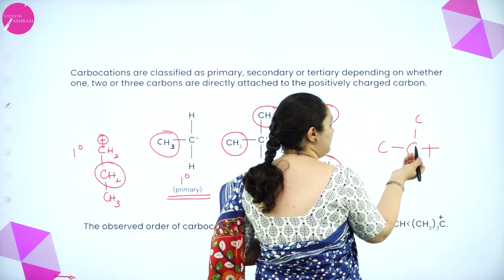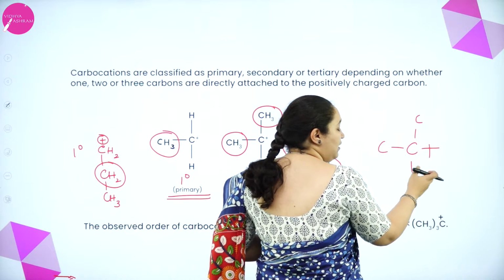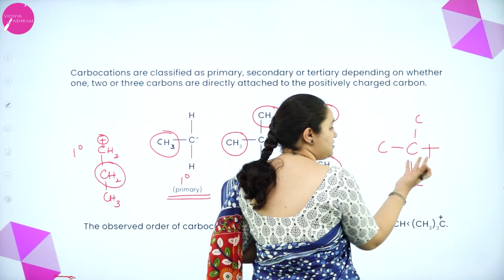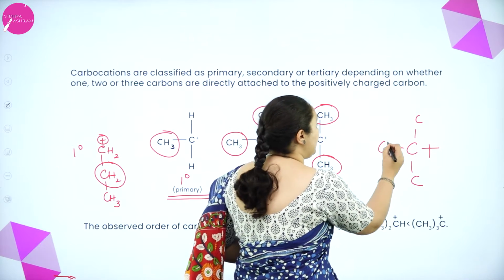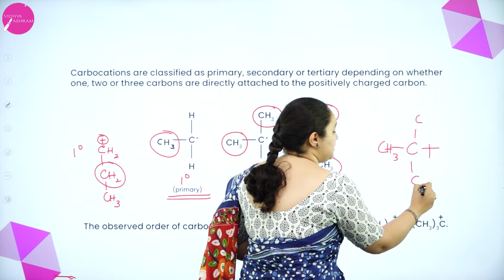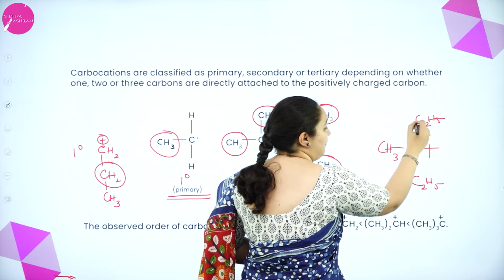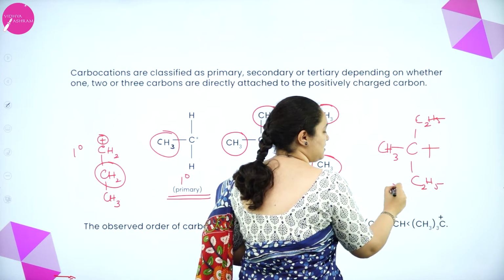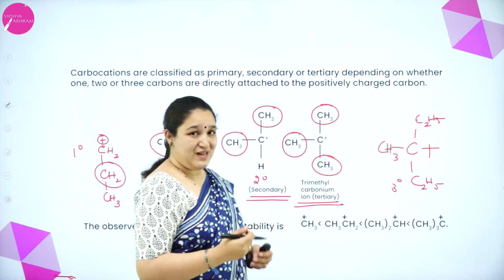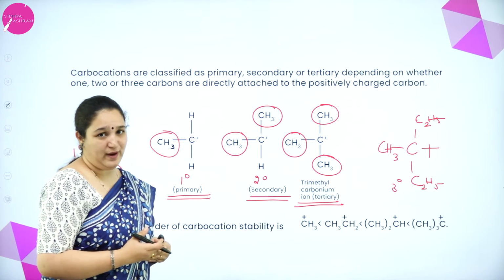Here also there is a carbon neighbor, then it is secondary carbocation. Here also there is a carbon neighbor that is with any alkyl group, then it is tertiary. Okay, but this carbon neighbor, not necessary that it has to be only CH3 group. This may be C2H5 group. This also may be a C2H5 group. But it has got 3 carbon bonded to the carbon with the positive charge. Then this is tertiary. Okay. So that's the way you have to understand primary, secondary and tertiary carbocation.